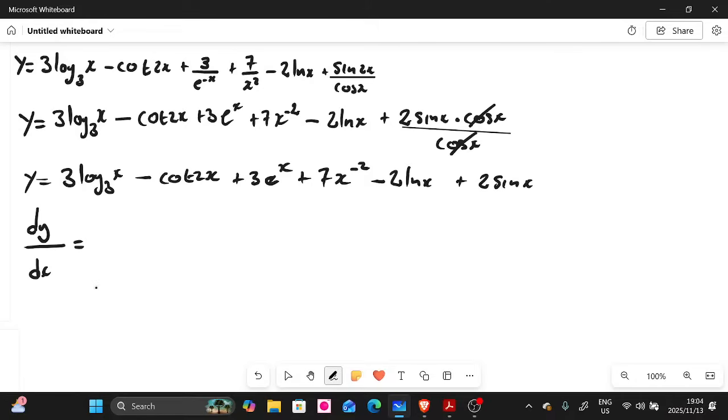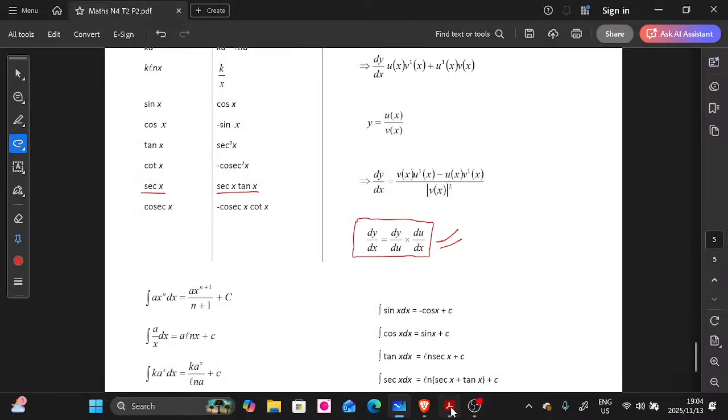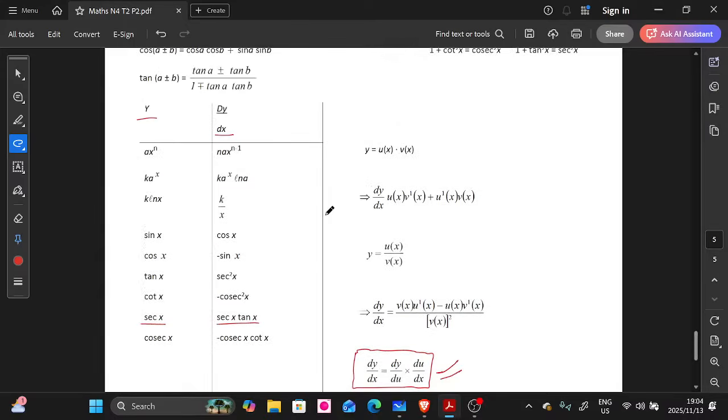Now the first term, you need to know what type of differentiation this one is. It's very simple. It's a standard log, guys. Unfortunately, on your formula sheet, there is no differentiation for a standard log, especially on your final. I don't know about this question paper, but let's go and check the formula sheet for standard log. If you check the differentiation, there's nothing there, guys. As you can see here, there's nothing.